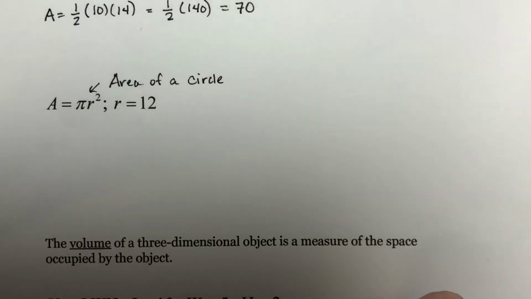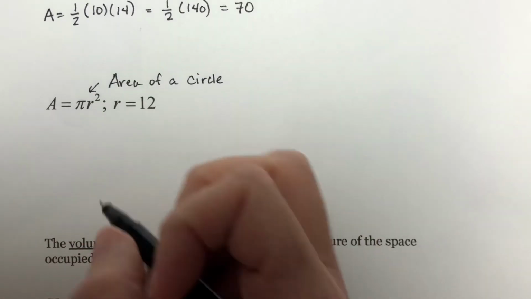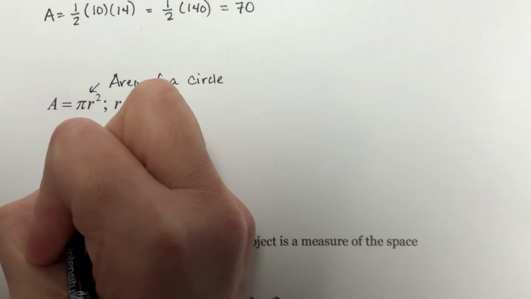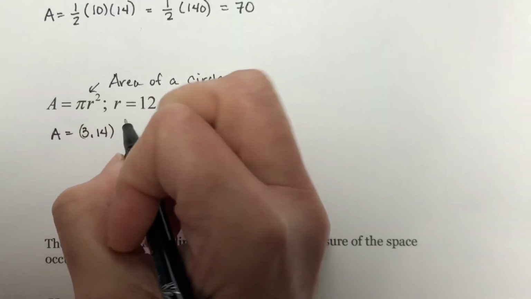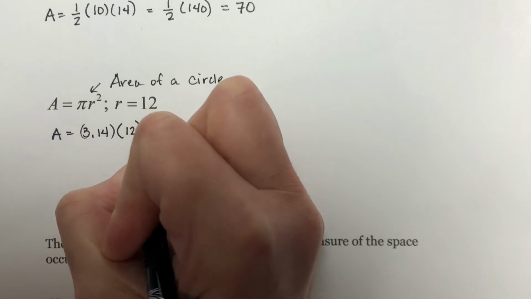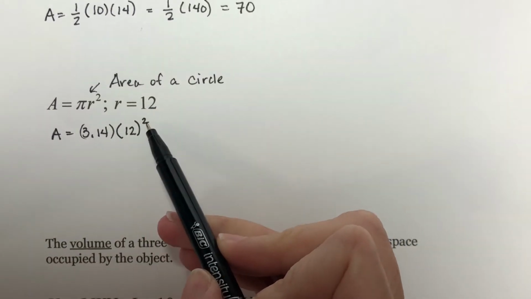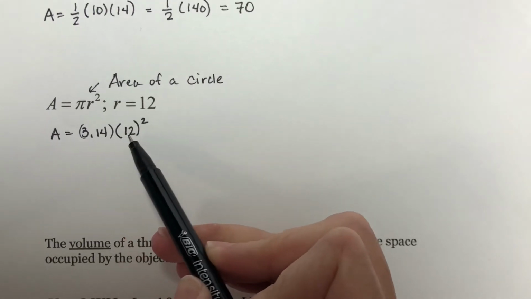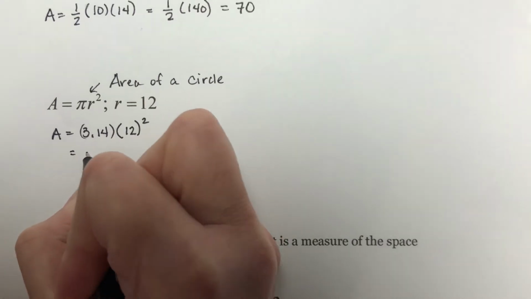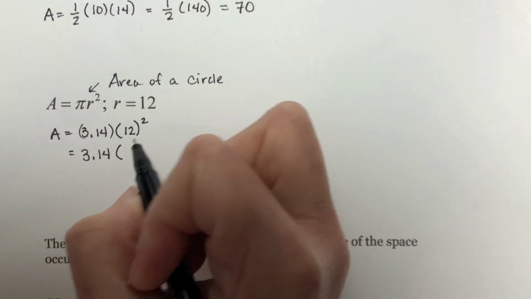The formula is A equals pi r squared. We're given the radius, we're looking for the area. Area is pi, 3.14, times the radius squared. It is important that you recognize that the square power, the second power, belongs on the 12, not on the 3.14. So when I go to calculate this, this is 3.14 times 12 times 12,